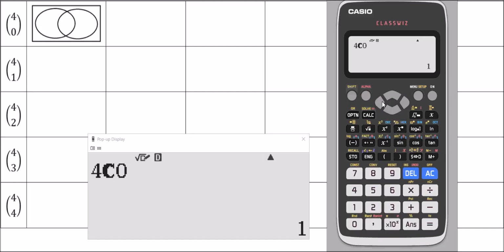Okay, just nothing coloured in. There's only one way of not colouring anything in, which is like this. The next one, how many ways would there be of just colouring in one of the 4 regions? So your calculator can tell you this. So what's 4 choose 1? Well, that's 4. So that tells us there's 4 ways of colouring in